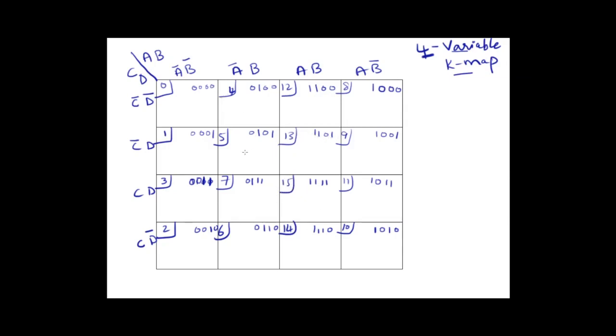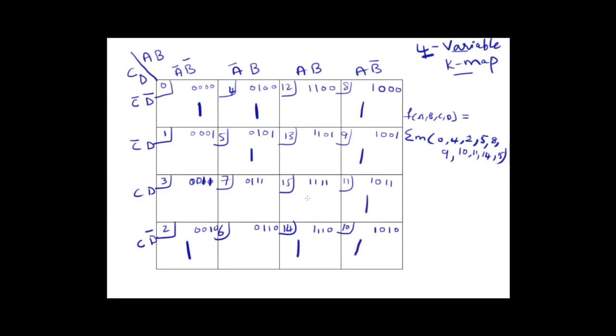So now the question, if they give you the same format, if they give you f of A comma B comma C comma D is equal to summation of minterms of, so this is a given problem. So the first is 0, so in place of 0 I'm placing 1, next place of 4, 1, next 2, here I have 1, next 5, where is 5? Here. Next I'll go for 8, 9, 10, 11, 14, 15.